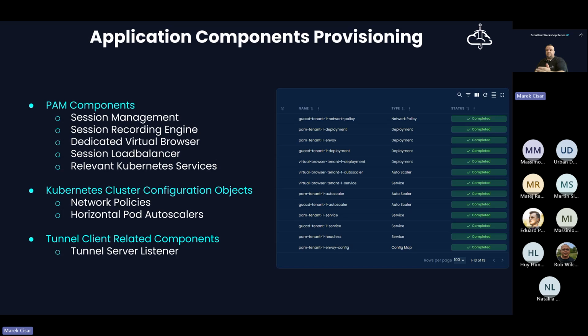Also, the tunnel client related components are dedicated as well.